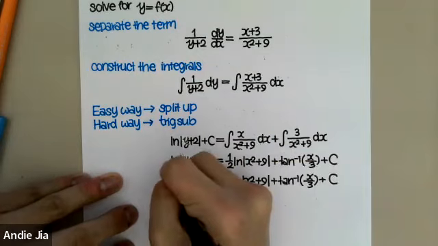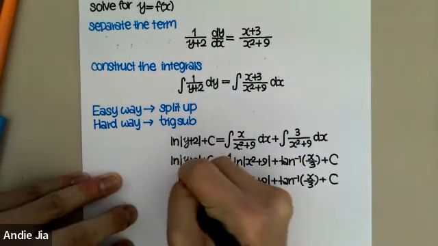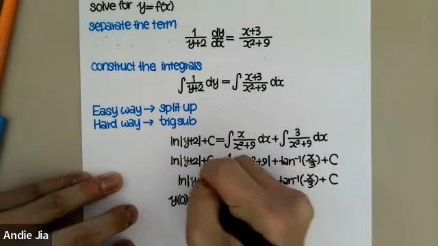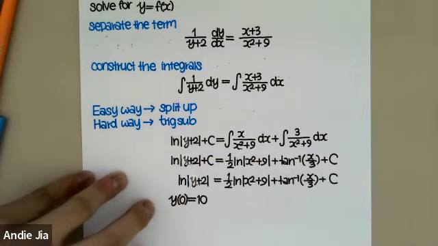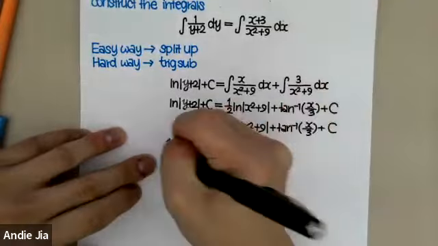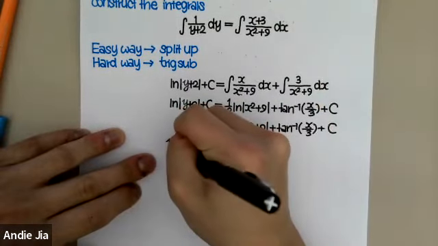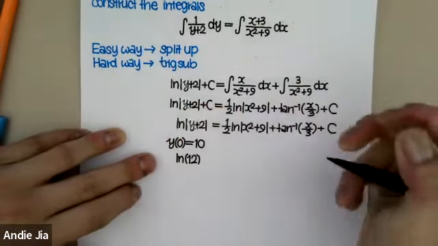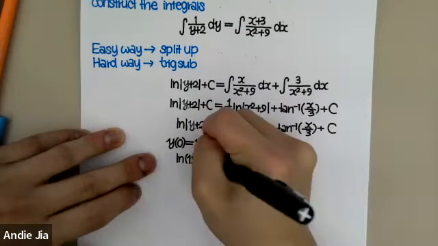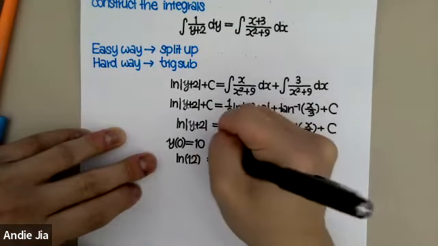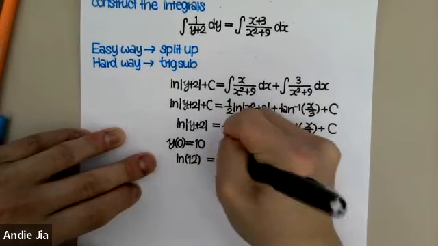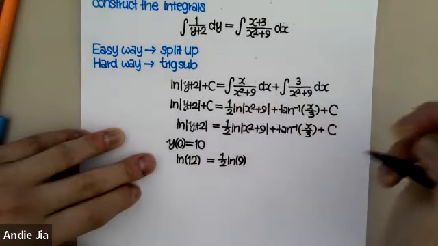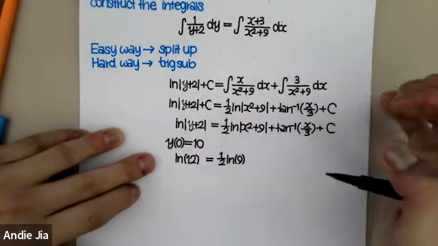So it's y of 0 equal to 10. So you have a natural log of 12. We have it's going to be 1/2 of natural log of 9 plus arctangent of